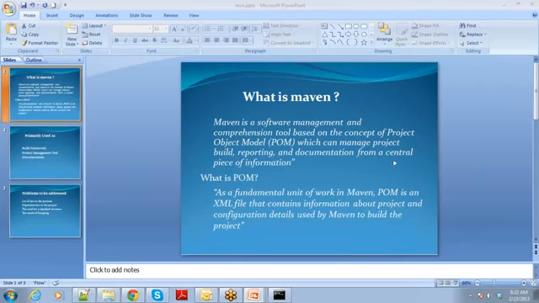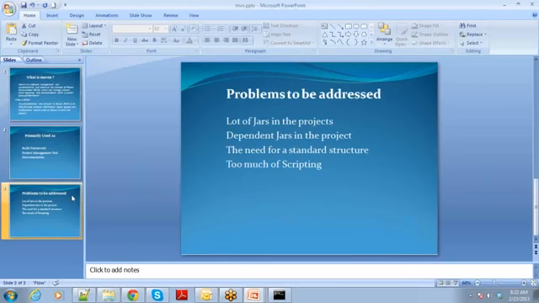Okay, let's understand various problems which Maven wants to address. So these are some of the high level problems which Maven wants to address.